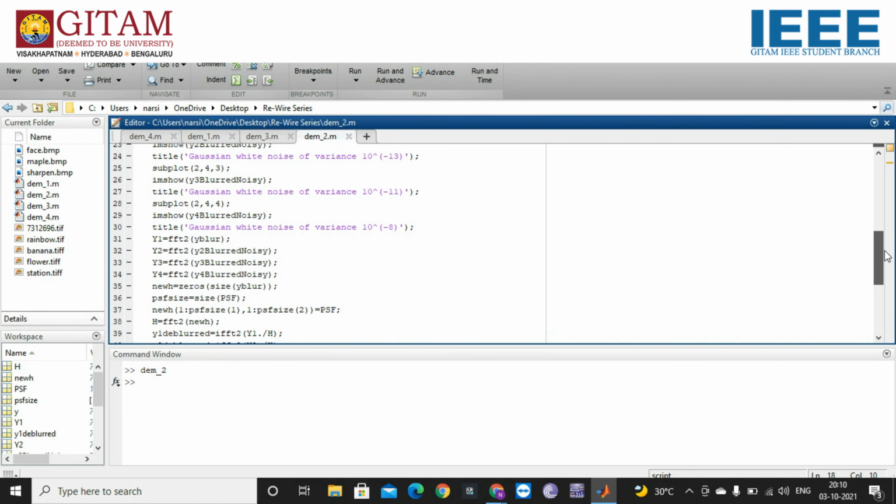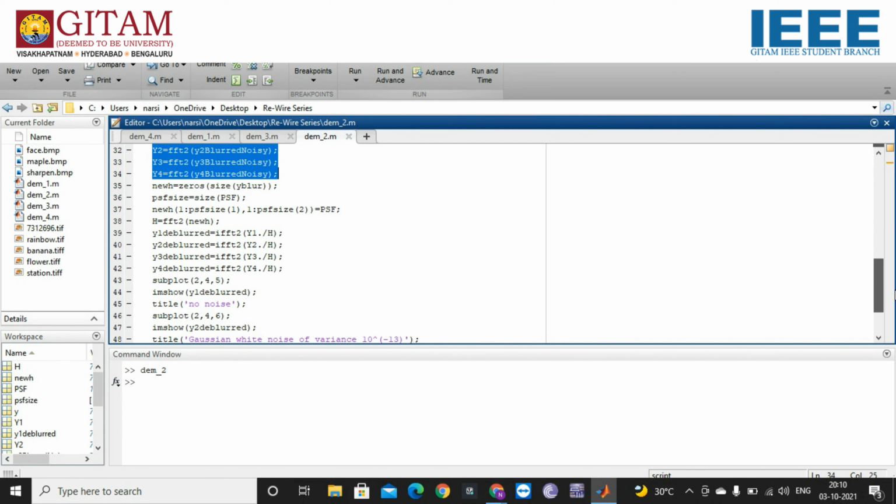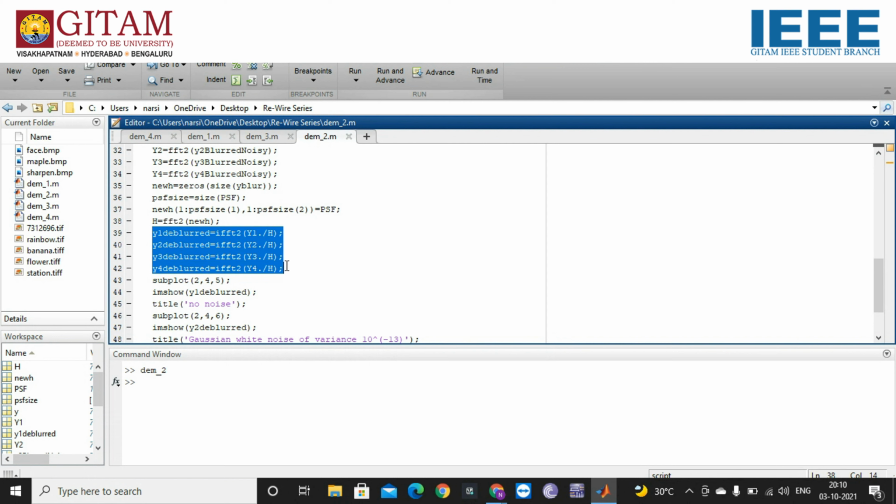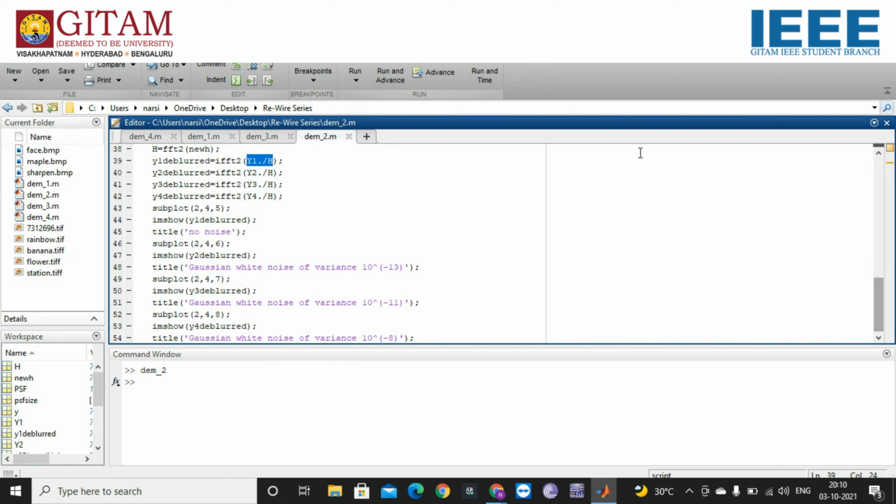In this step, we will be performing the discrete time Fourier transform, and in this step we will be performing the Fourier transform for the filter, and in this step we will be performing the inverse Fourier transform for the divided outputs of the discrete time Fourier transform inputs. Let's see what will be the output.